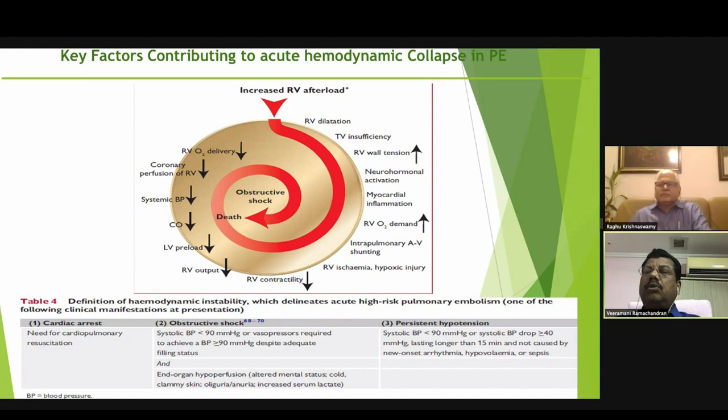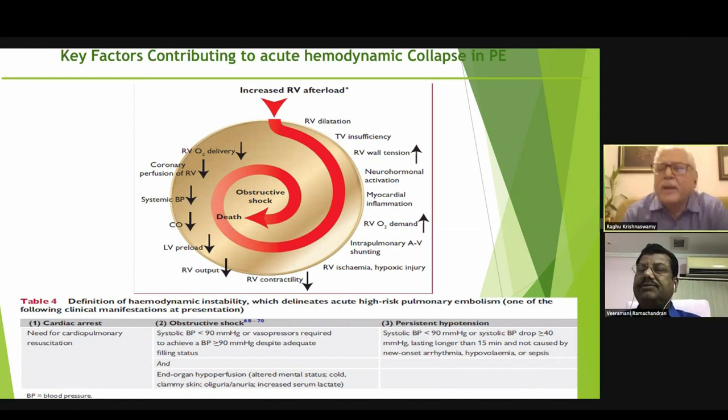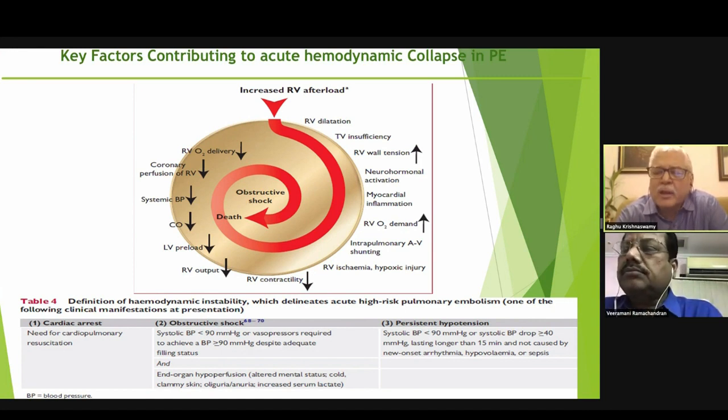How reliable is the TEE in predicting the accuracy of pulmonary embolism? What are the views recommended? It is slightly better than transthoracic because it can visualize the proximal pulmonary artery very clearly. And I have shown in 2 of my patients pulmonary thrombus in the right pulmonary artery. And in 1 patient, even transthoracic showed the entire left pulmonary artery being clogged with the clot. So these are all very rare cases.